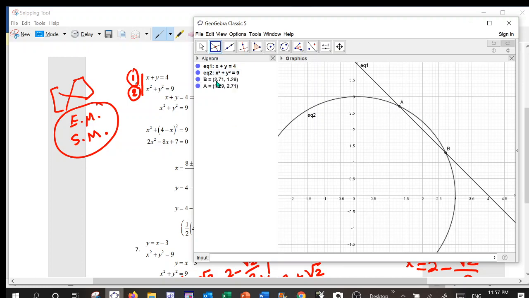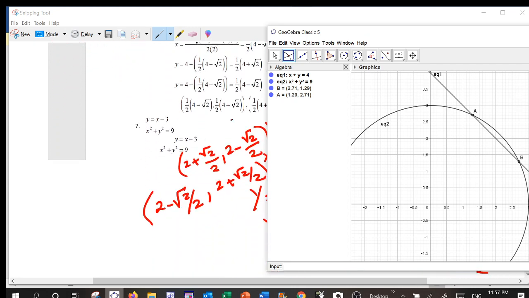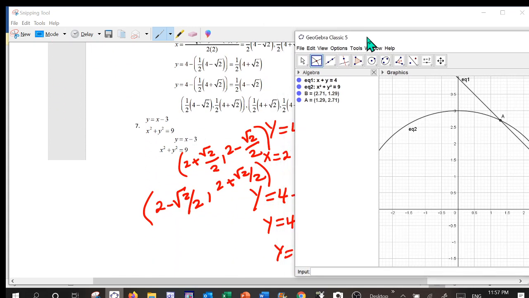So one is going to be 2.17 and 1.29, which is basically the answer that we got here. So one of them is like 2 plus square root of 2 over 2, is 2.7 something, right? So that's the 2.7. And then this one would be 2 minus,